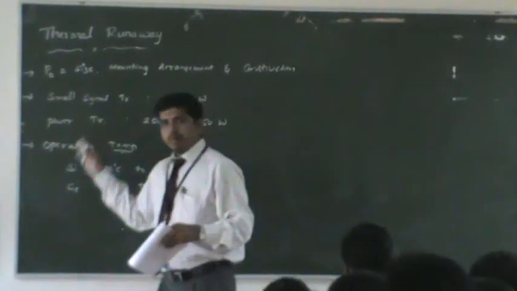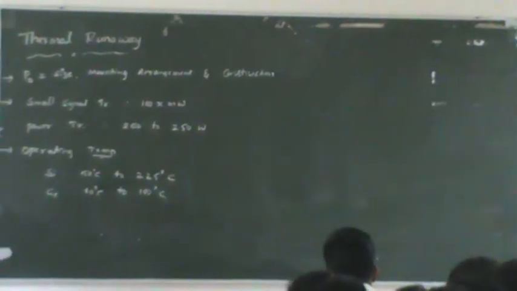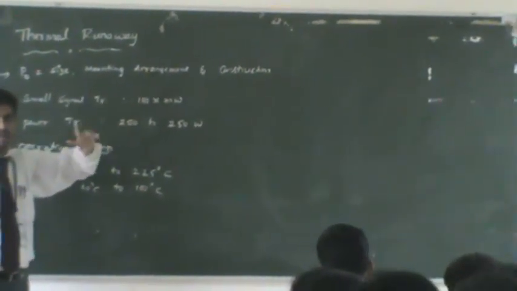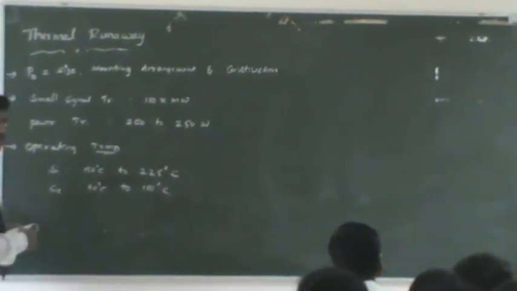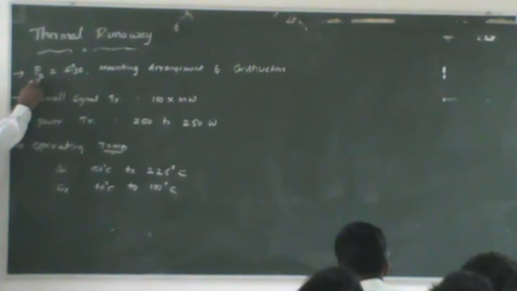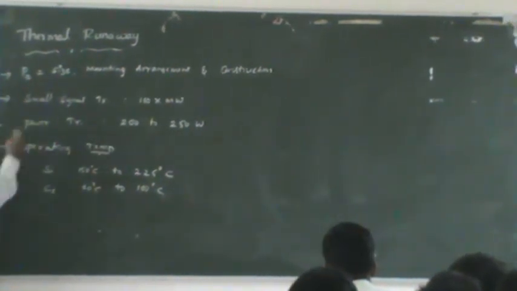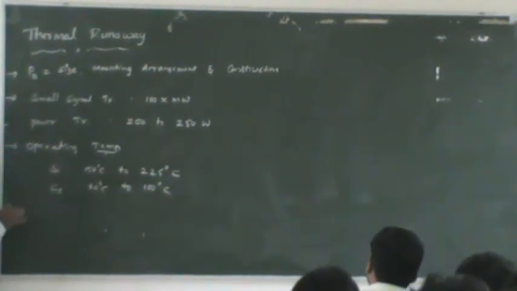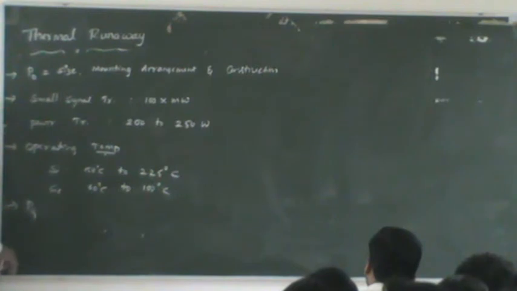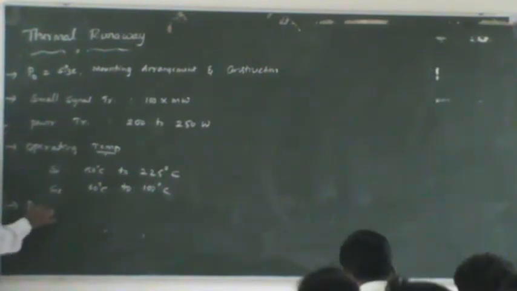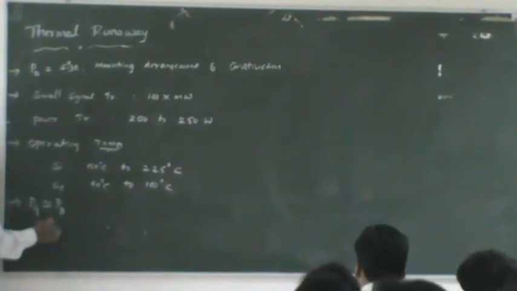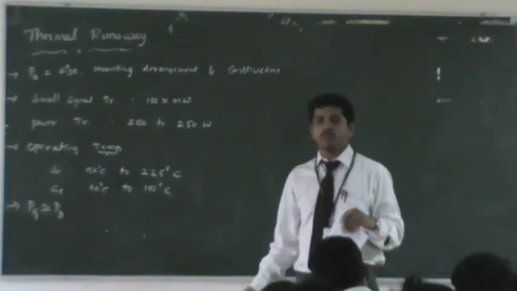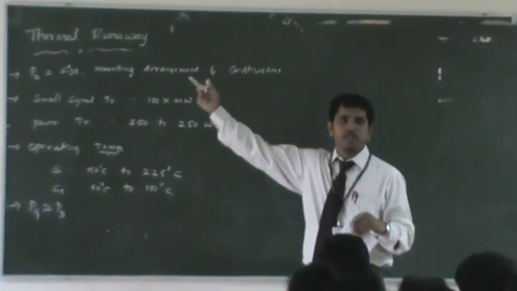And I am giving all these points because thermal runaway mainly depends upon these things. Power generated and power dissipation should be matched. You understand the terms here? I introduced power dissipated already. That means the power which is heat generated should be removed. That's called dissipation. Another term is Pg, power generated. Pg must be approximately or closely equal to the PD in a transistor. If this condition does not occur, then definitely such a transistor is going to be affected by thermal runaway.